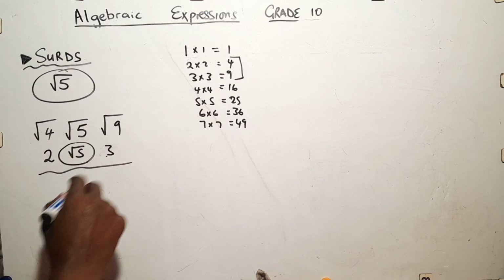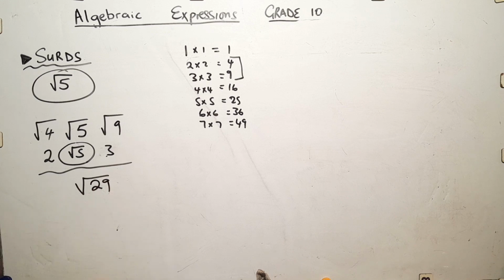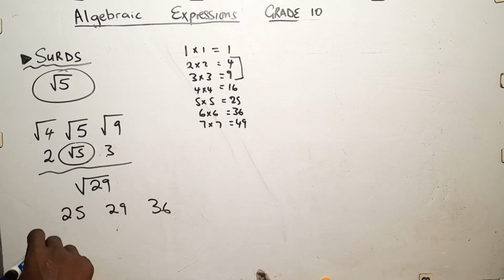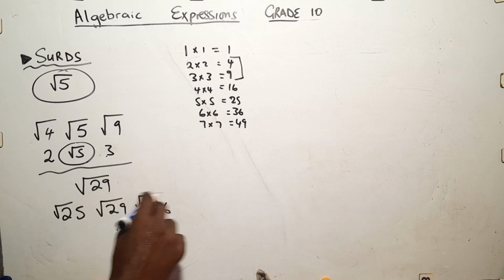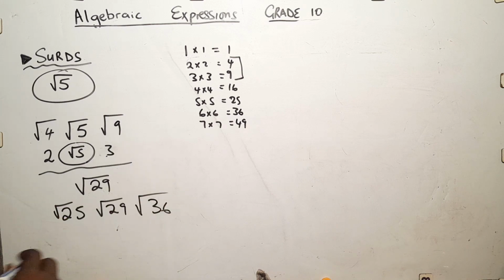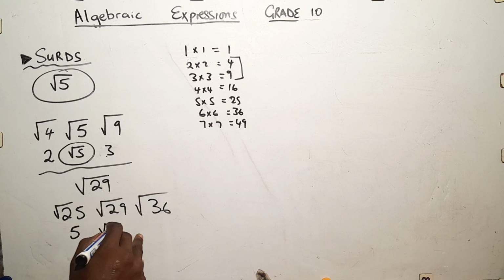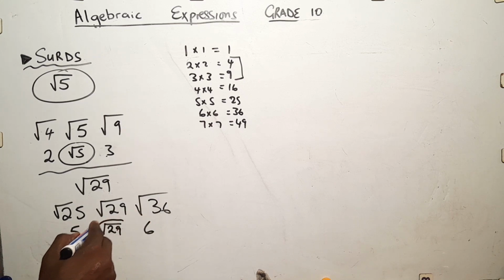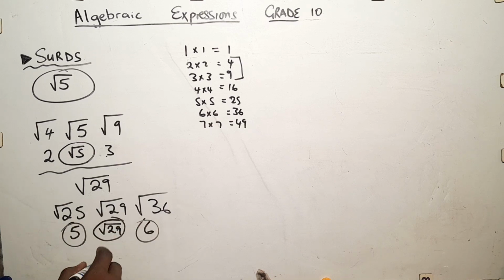We can also try root of 29. So where does root of 29 lie? You ask yourself, where does 29 lie? 29 lies between 25 and 36. So we can put a root there. Root of 25 gives us 5, root of 29 is not a perfect square root, and root of 36 gives us 6. So root of 29 lies between 5 and 6. So root of 29 lies between these two integers. That's where it lies. I'll also leave out the work on this so that you can try it